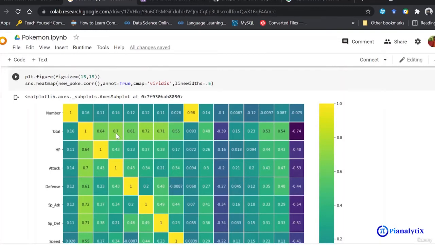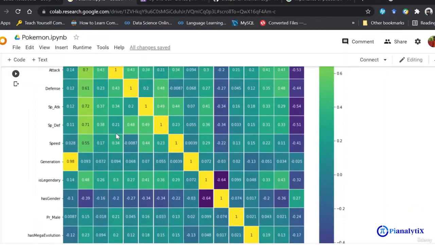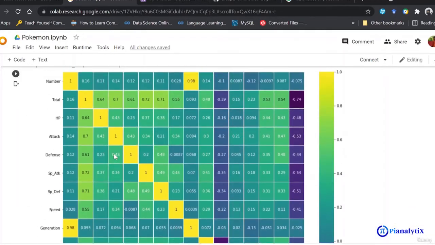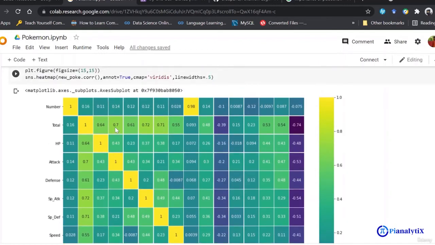Meaning, if two columns have a very high positive correlation, since 0.7 is somewhat close to 1, then total and attack are in one way giving me the same information. When the model starts to train and takes in values from total and attack, it thinks that nearly the same things have been provided to it.